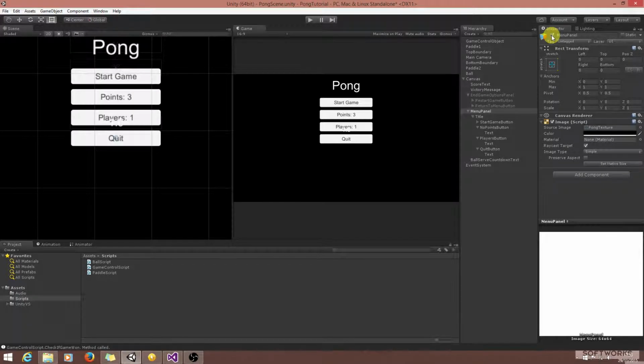Hello and welcome back. In this video we will add a timer to the ball serve to give players a little advance warning on when the ball is about to be served. Now this isn't necessary to do, but I think it's probably better as the computer opponent has a little too big of an advantage in this regard against players because they're immediately reacting, whereas it takes players a